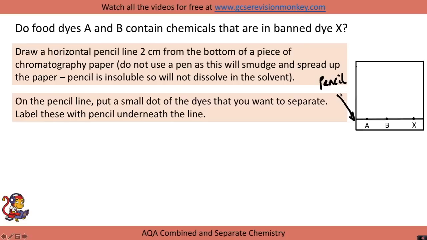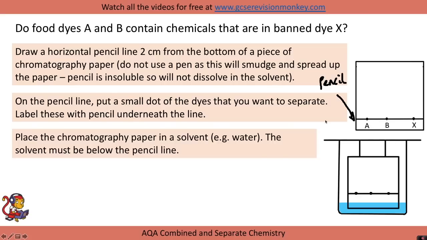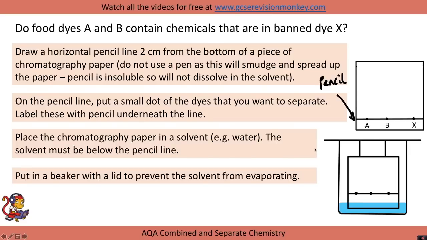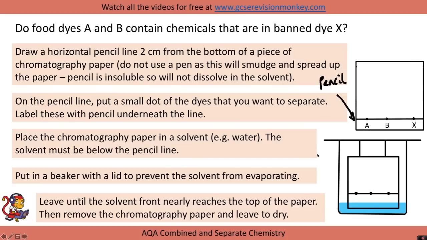On the pencil line, put a small dot of the dyes that you want to separate and label these with pencil underneath. So I've labelled them A, B and X. Place the chromatography paper in a solvent, for example water. The solvent must be below the pencil line. Put it in a beaker with a lid to prevent the solvent from evaporating. Then we leave until the solvent front nearly reaches the top of the paper, then remove the chromatography paper and